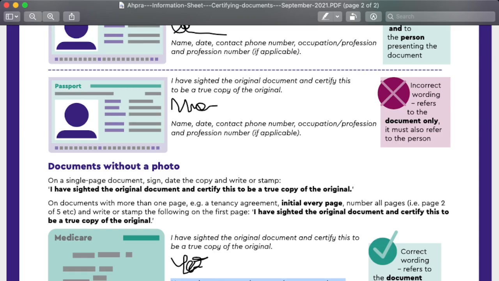So after completing your attestation of documents, what you have to do is basically color scan all those documents and go back to your portfolio and upload each document in the correct space that you see in your portfolio. So basically wherever they are saying that you need to upload your transcript there. Wherever they are saying you have to upload your identity proofs, upload the identity proofs there. Make sure when you color scan, the documents are legible and clear. Again, if your documents are not legible, you'll have the risk of wasting your time because they will revert back to you again. And make sure that your documents are in PDF or JPG format.